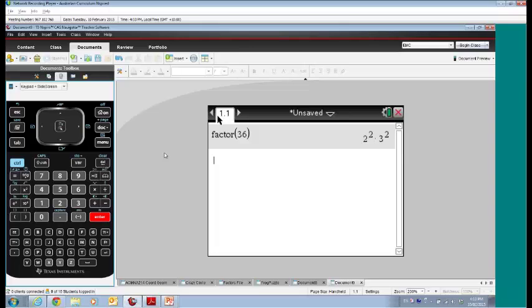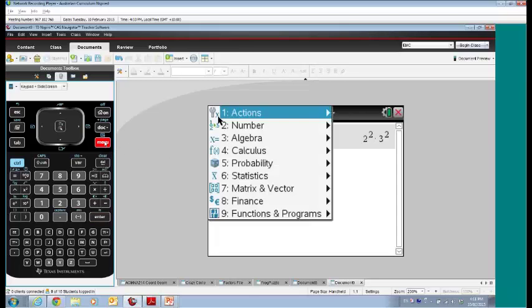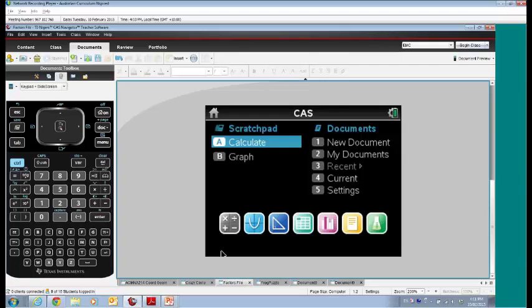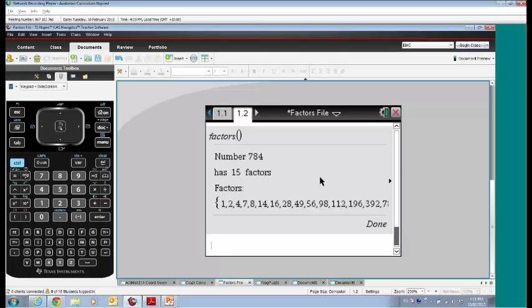Now, that works for, say, for example, the other number that we had, and I'll just repeat that menu process again under menu, number, and factor, and we had 4,225, and this was our comparison. Now, it's interesting that it's kind of expressed in a similar way. And as it turns out, and let's list it for those people that are not sure, I create a little program in this other one, and you'll see it's got a little formula there. So I can type in factors,